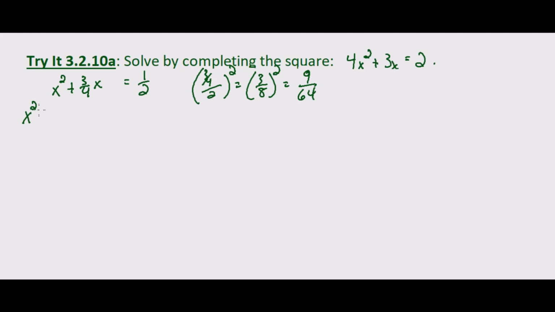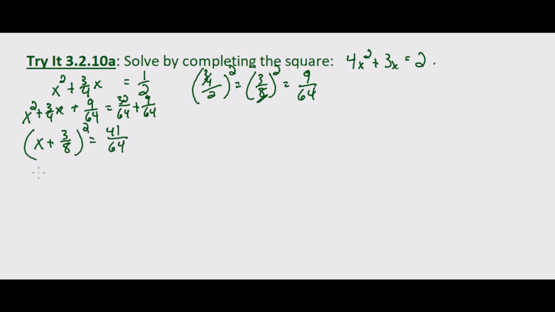So x squared plus 3/4 x plus 9/64 equals 1/2, which is 32/64 plus 9/64. So this ends up being x plus 3/8 squared equals 41/64. Take the square root of both sides, we end up with x plus 3/8 equals plus or minus the square